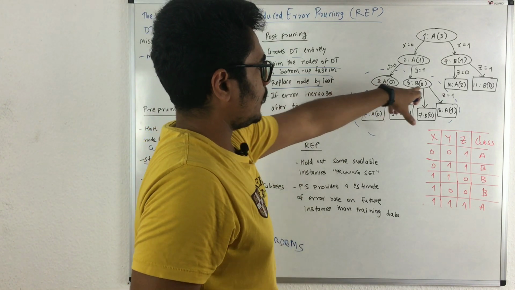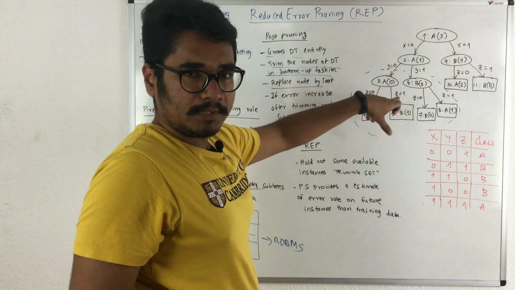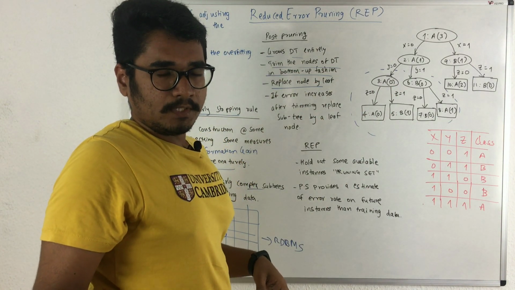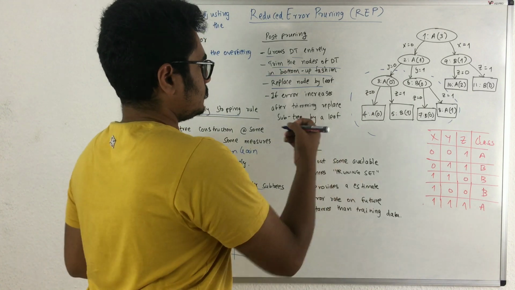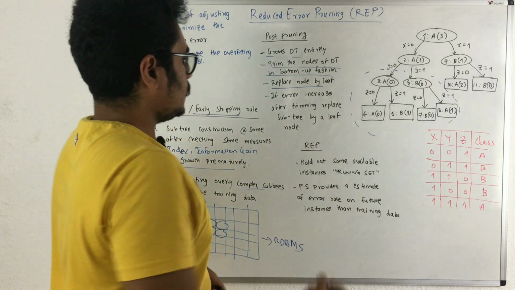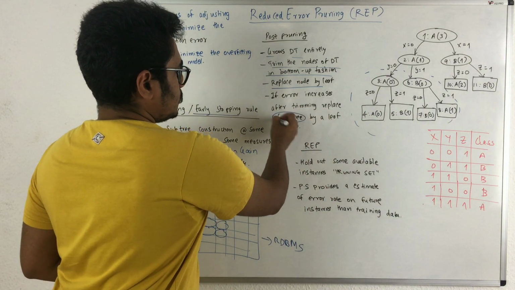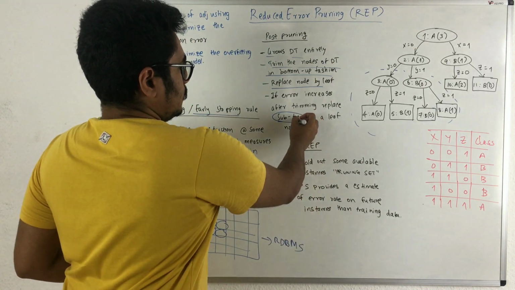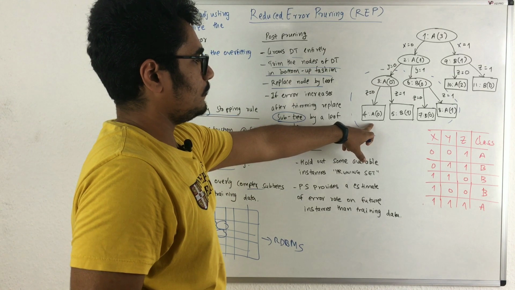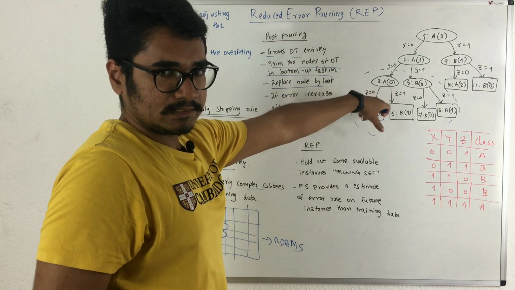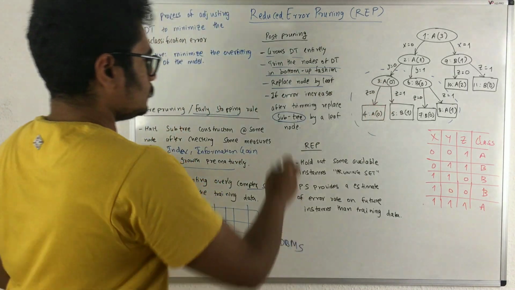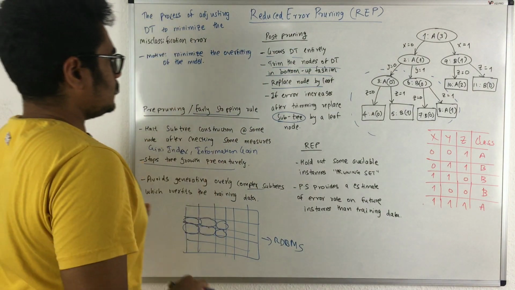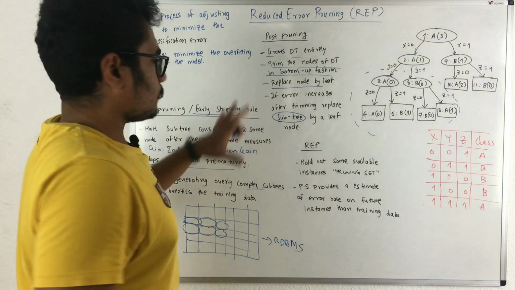The node at each particular level is replaced with the help of a leaf node. After the trimming, if there is no significant increase in the error, then we replace the subtree with a leaf node. So this is the leaf node. We'll consider one example here. This is how post-pruning works. Now there is one comparison between pre-pruning and post-pruning.